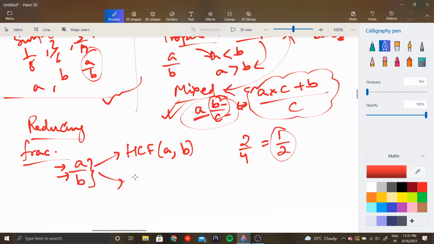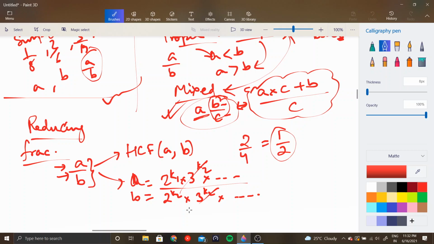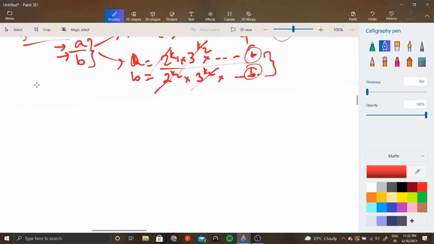Okay. The other method was to write down the prime factors of a and b. So basically breaking down a into its prime factor components and so on, and similarly breaking down b into its prime factor components as well. And then we followed with cancellations, and the remaining terms were the lowest forms. Okay, so we did till here in the previous class. In today's class, we will continue this concept and we will look into further segregations of fractions.